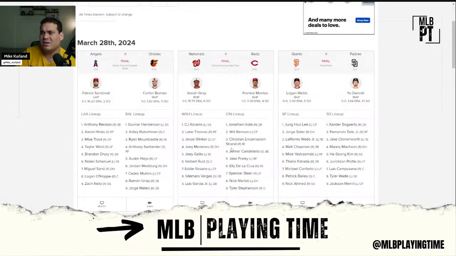Last couple lineups here to talk about. India leading off, no surprise. I guess the surprise was the top of the lineup. Benson second, CES third. There was talk all spring about Ellie batting second, at least against righties, and he batted sixth day one. I don't think that he won't move up. I could honestly see Ellie moving up to batting second, Benson dropping down a little bit.